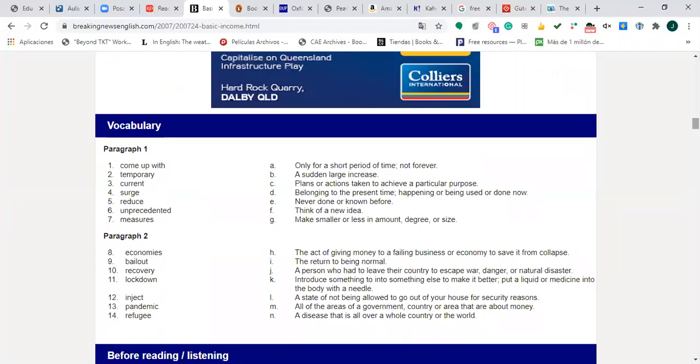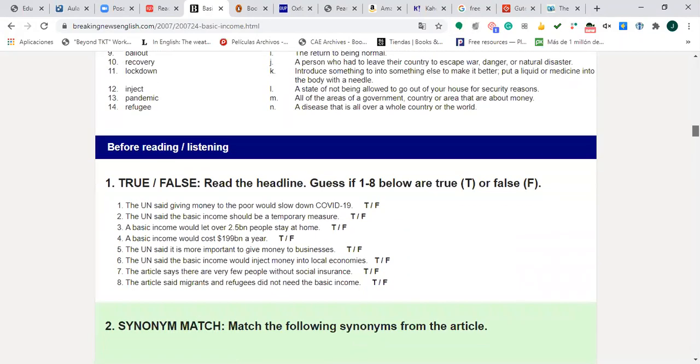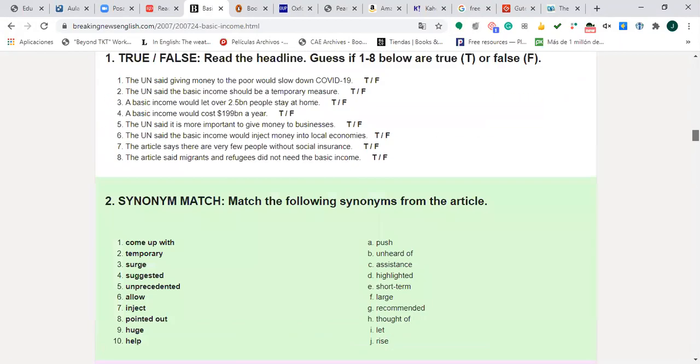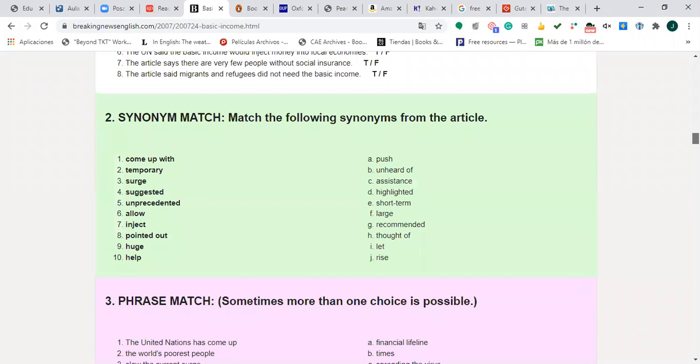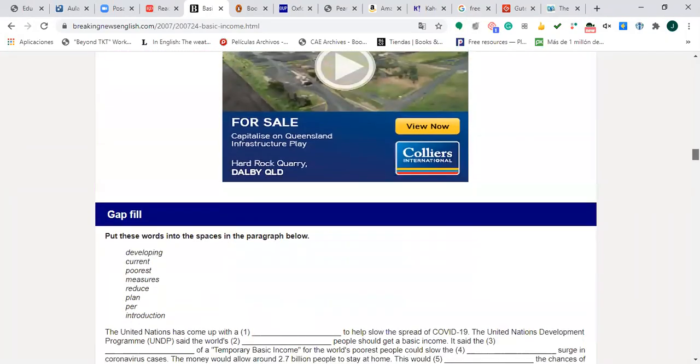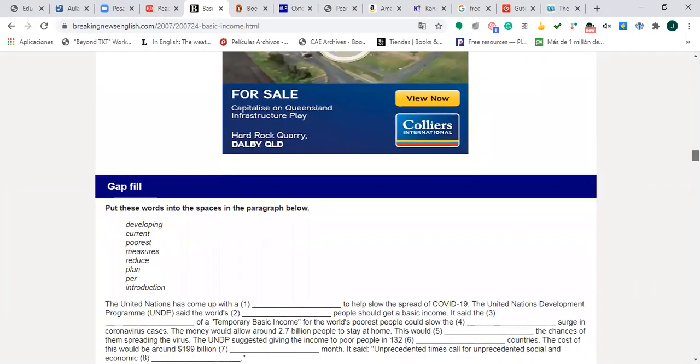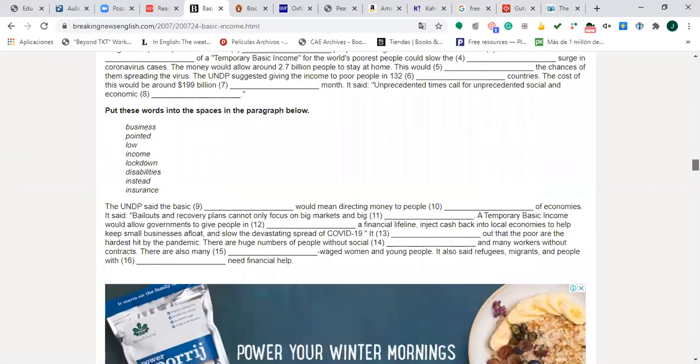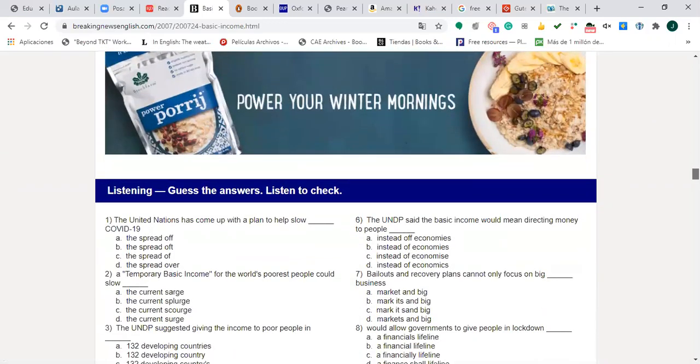And also you have here the analysis, the structure of the language. Notice here, this is the structure. Paragraph 1, so they have too much before reading and listening. So you have here a lot of activities with the article, just with an article. Gut feel. This is according to the